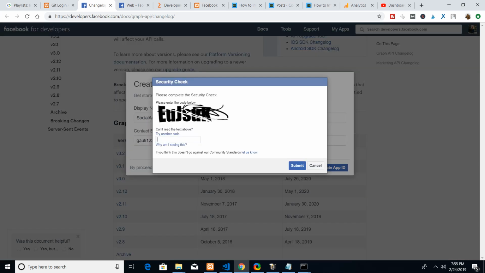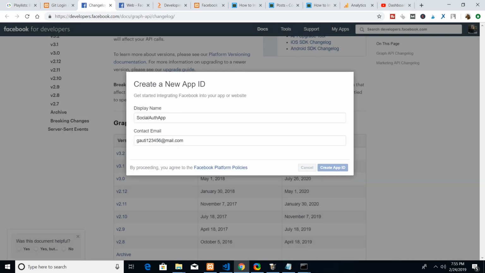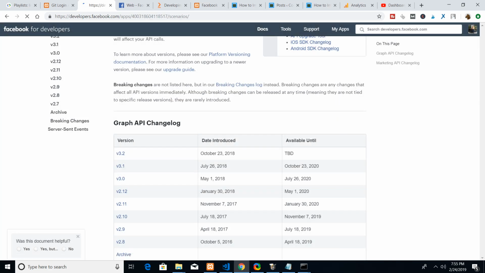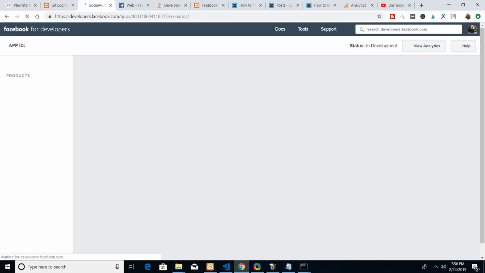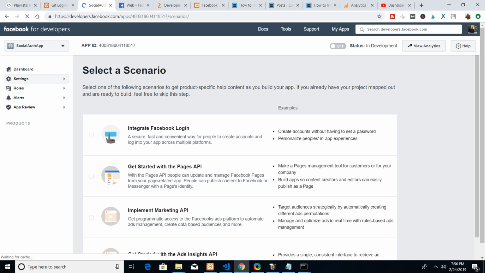After that, just fill this box here and submit it, and it will be creating the app ID for you. So just wait for a while. In order to get the app ID, you need to go to the settings here. So just wait. You can see that there is a settings option. Just click the settings option, and you need to go to the basic option here. Just go to the basic option,